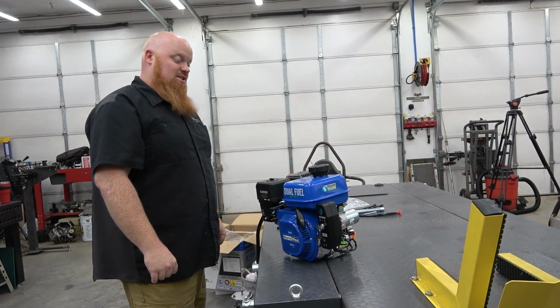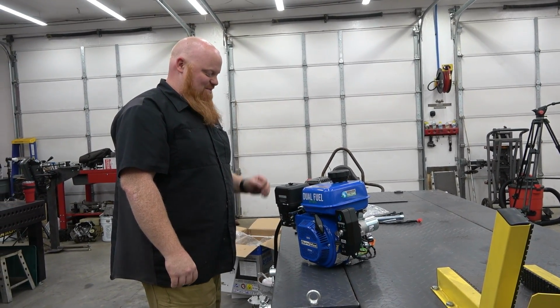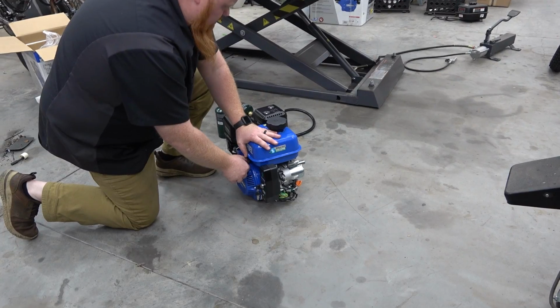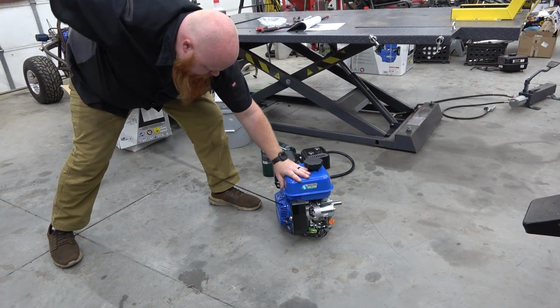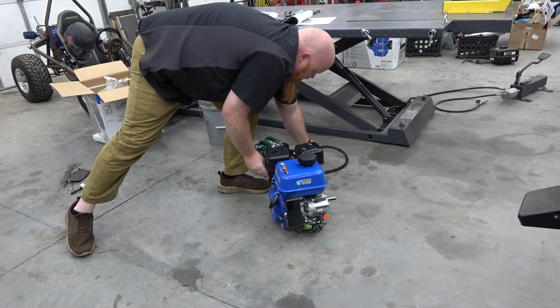That's a lot of noise coming from this table. All right, we got it sitting on the floor. Probably need to